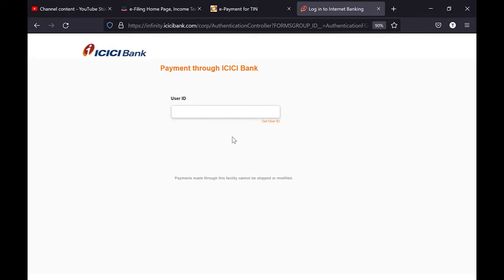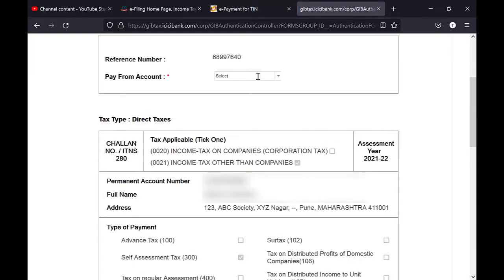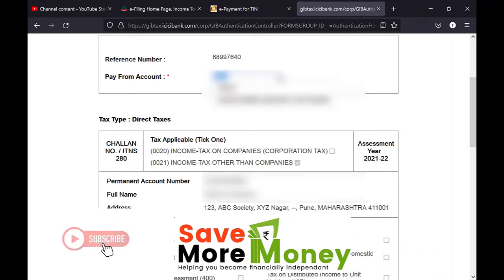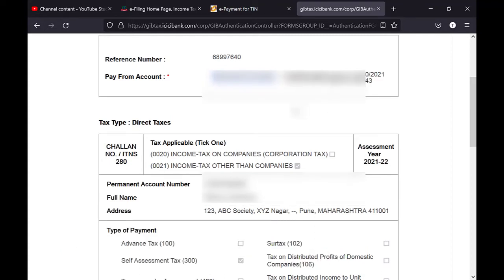Now here login credentials should be entered, so your user ID and password. Select the account from which the payment has to be made. So this is your bank account with ICICI. Under the tax type, direct taxes, just verify that section 21, income tax other than companies, is selected.